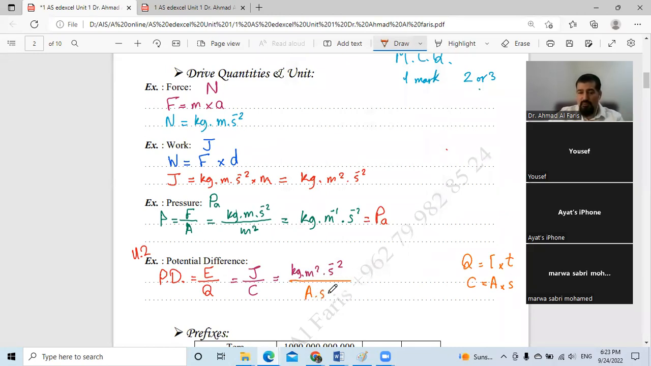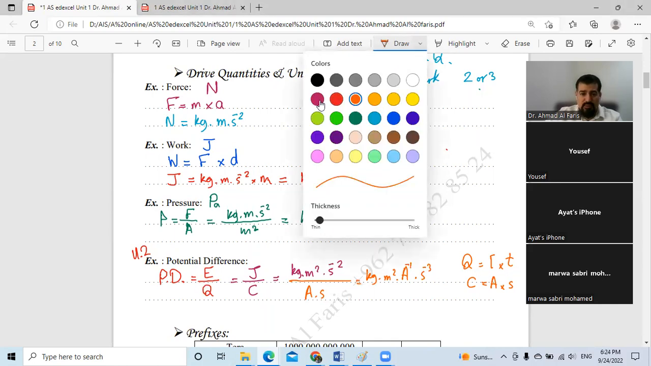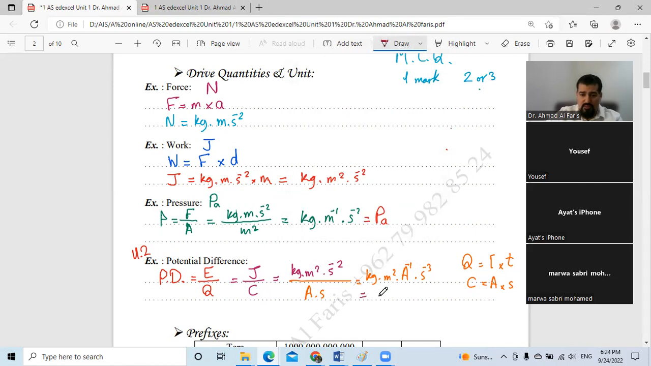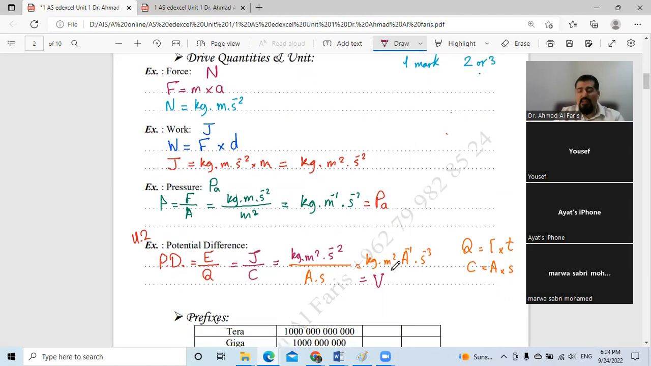If we move these to the top, it will be to the power of negative, so it will be kilogram dot meter square per ampere per second cube. All of this is the same as voltage, the unit of potential difference, which is volt, named after Alessandro Volta. Do they bring questions about these? Yes, every year they bring at least one mark question, as multiple choice or as a written question,